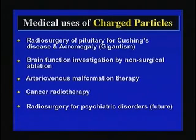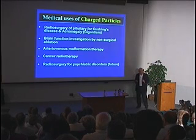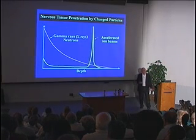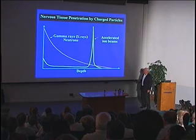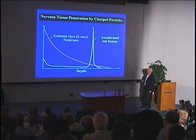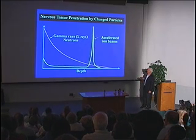So we did some studies in animals, not yet in brain, although you'll see a picture of one Parkinson's patient treated some time ago. Certainly arteriovenous malformation. So this is bloodless surgery that is facilitated by having charged particles. What's so important about charged particles? Well, the physicist here would immediately recognize that this was pretty good, that he didn't get this part of the curve wrong. This is a charged particle going in, and when it slows down, it gives up most of its